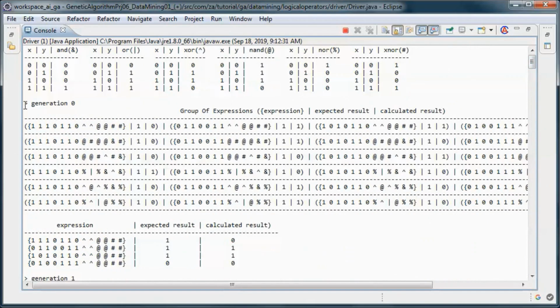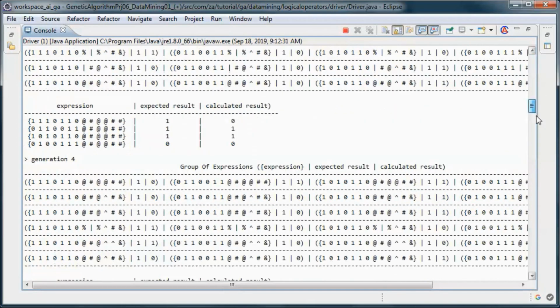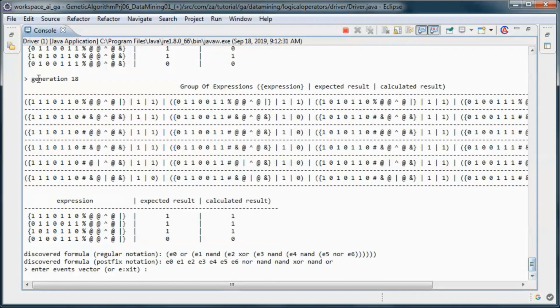So after 18 generations, we discovered this formula in regular notation, and in postfix notation it would be this formula.